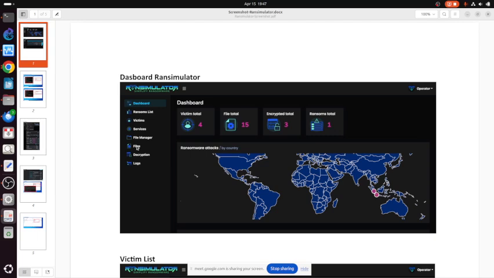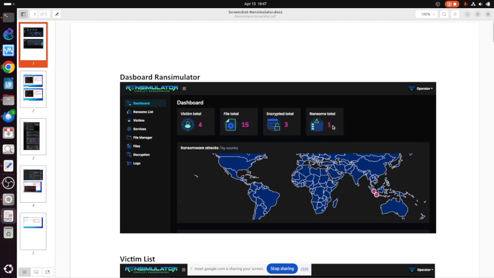If one of the employees installs or clicks the ransomware, we can see the location of this particular computer on the web. In this particular example, there are 4 total victims and 15 files installed on the computer.